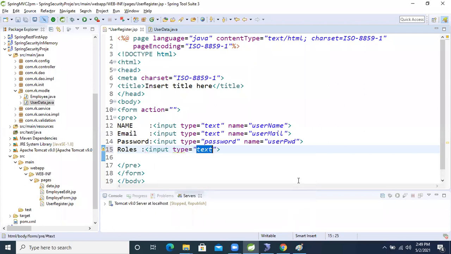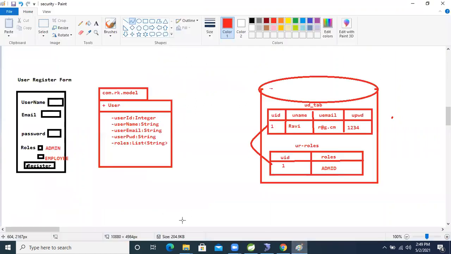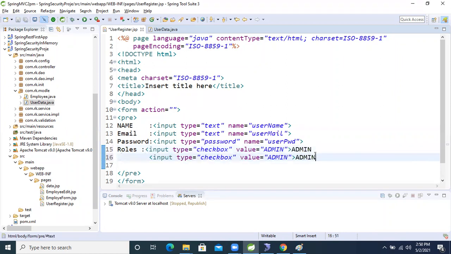Input type equal to checkbox, and value. We are deciding admin and employee, right? Admin, ADMIN. Copy the same thing and paste it again. Here employee, we are deciding employee, right?